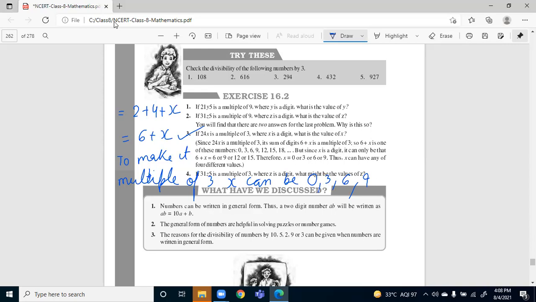So I have checked the multiples of 3 starting from 0 and I can see the pattern. It is repeating after 3. So 0, 3, then 6, then 9. So 9 is the last single digit. I have checked from 0 to 9. Okay, so this is the way of doing question number 3. Now apply the same way for solving question number 4 also.